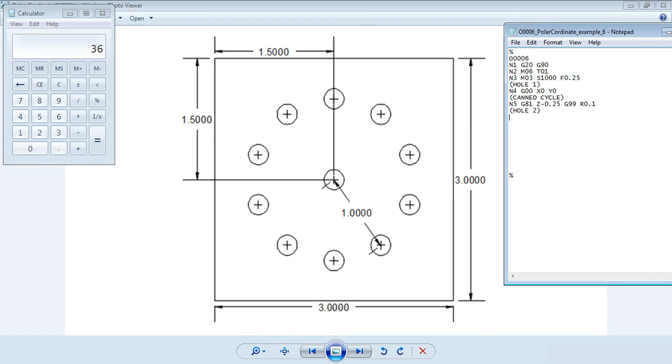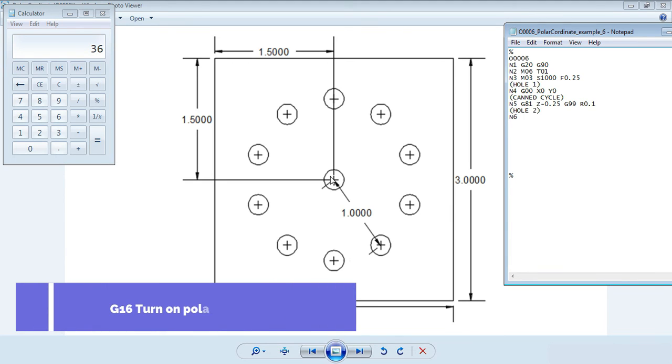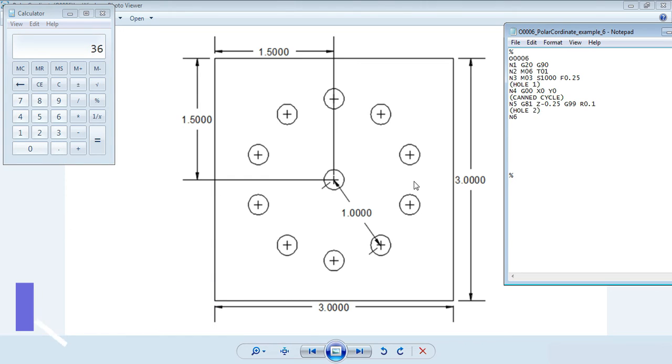Okay, so this is where we need to start doing our stuff. So block number 6. We need to start using the polar coordinate over here. So this is our reference point. First thing, we move away 1 inch and we drill the first hole over here. Alright, so let's look at that. To use the polar coordinate, to initiate that, we use G16 to initiate the polar coordinate, and our distance,